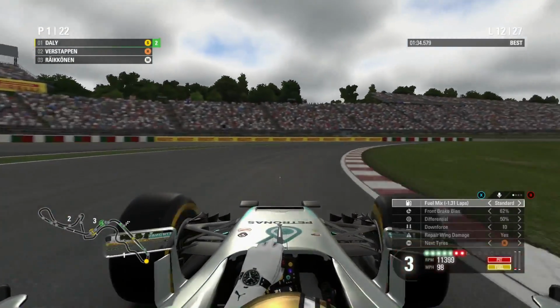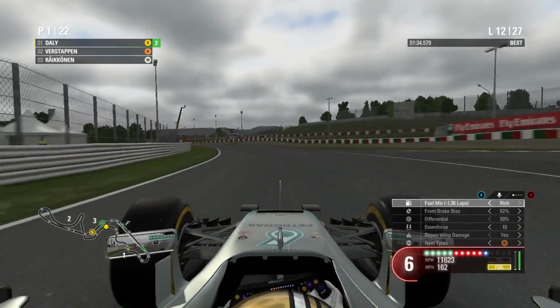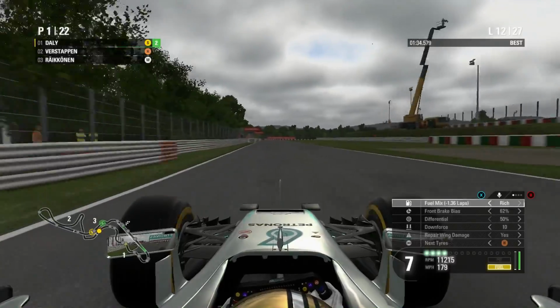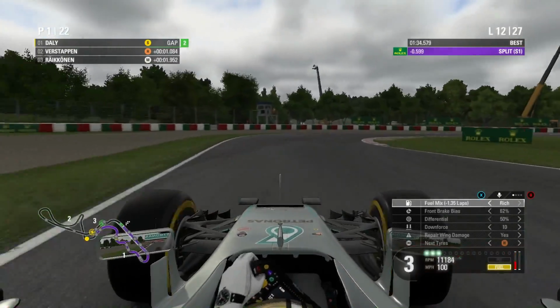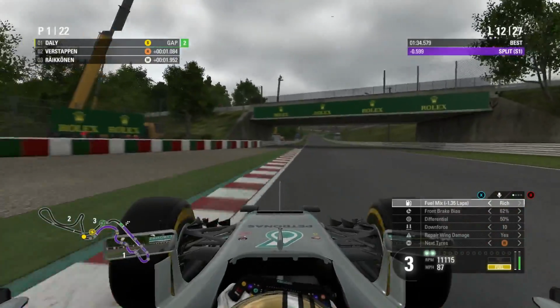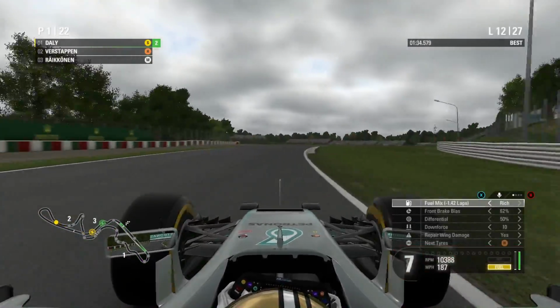He's on the hard compound tyres now, so there should be absolutely no challenge from him from behind, and actually Lewis made his pit stop while we were dealing with Verstappen there. So lap 12, we're going purple, we've got fresh air, and we're just waiting now until that weather hits. Team radio. The radar is showing